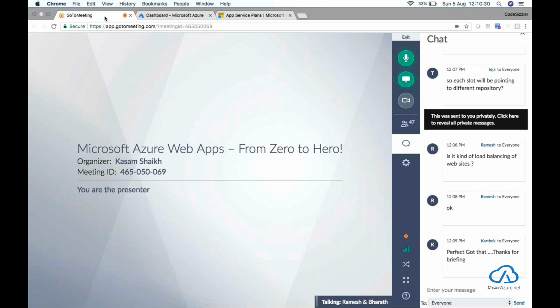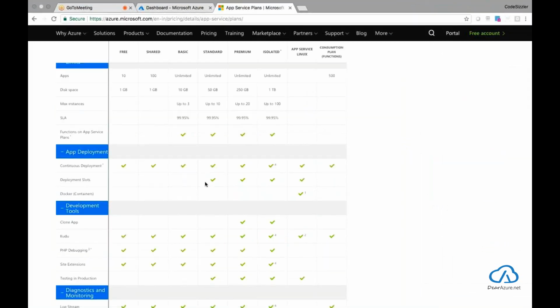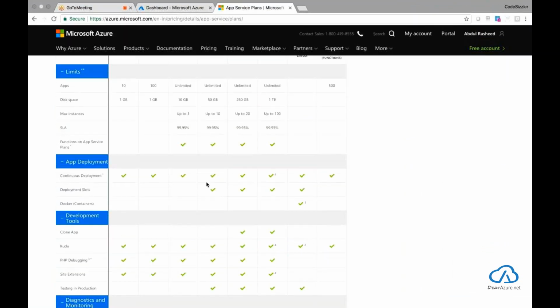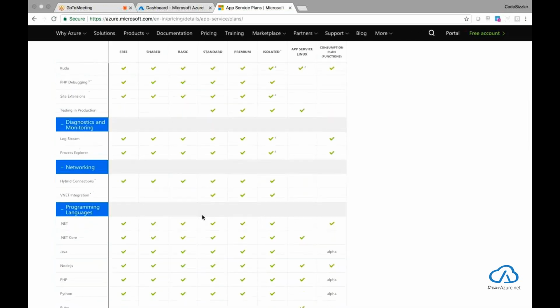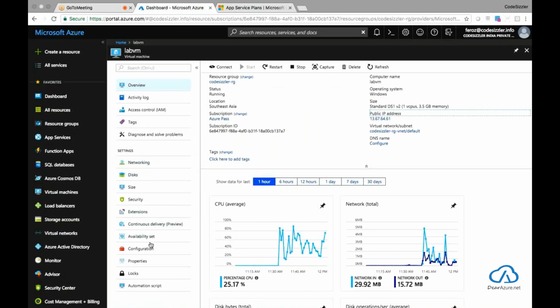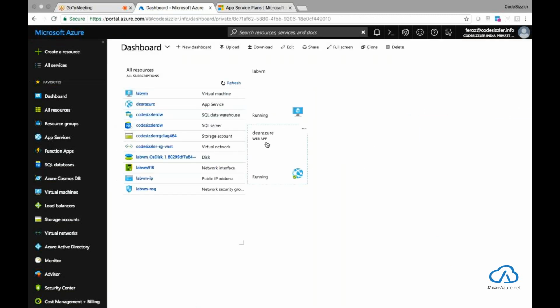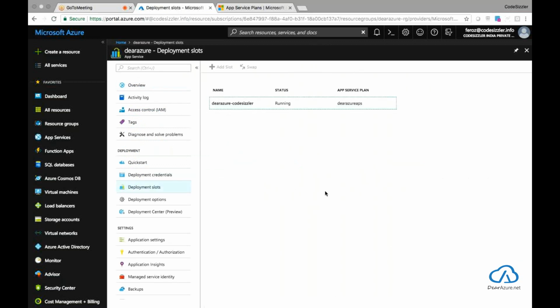Do you have any limitations for deployment slots? Yes, you do have limitations on the deployment slots. I don't think it has been mentioned here. Give me one sec. I will show you. You can go to deployment slots here. Okay, so you have one slot which we have created. Better, what you can do is you go for the